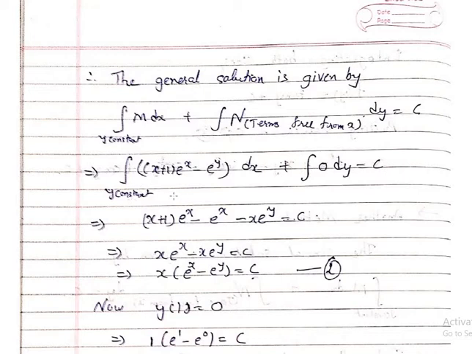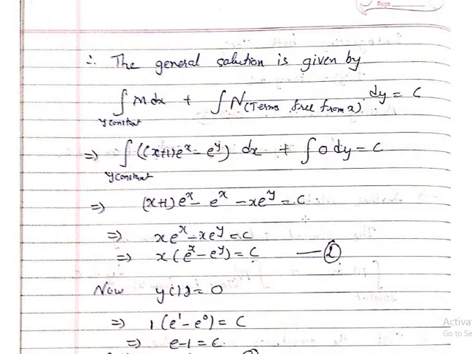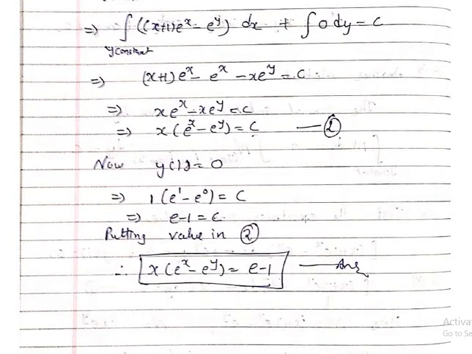So here you are going to integrate this, then you have to apply u into v. So (x plus 1) as it is, integration of e raised to x minus derivative of (x plus 1), which is 1, times integration of e raised to x, again that will be e raised to x. Minus e raised to y has an integration x into e raised to y. 0 has an integration 0, plus a constant. So simplifying this one, that will give x e raised to x minus x e raised to y is equal to c. Taking x common, you will have x times (e raised to x minus e raised to y) is equal to c. This is your general solution.